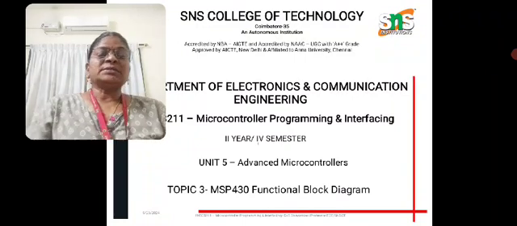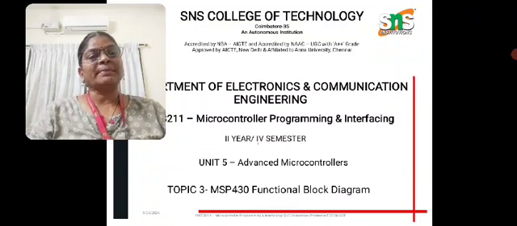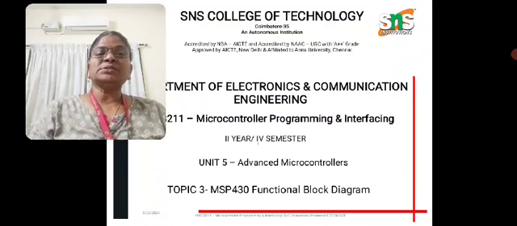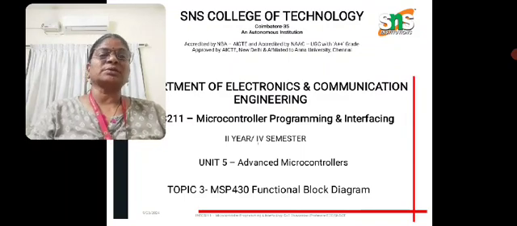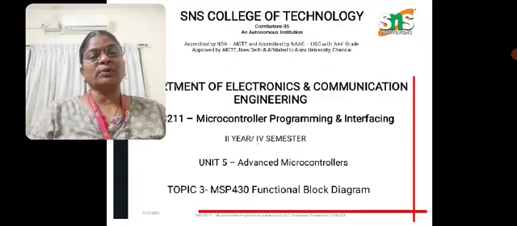So now we are in the fifth unit of our course, Microcontroller Programming and Interfacing. In this unit we are going to completely discuss the types of advanced microcontrollers, whereas in the previous session we had a discussion on our microcontroller. Now we are going to discuss the functional block diagram of MSP430